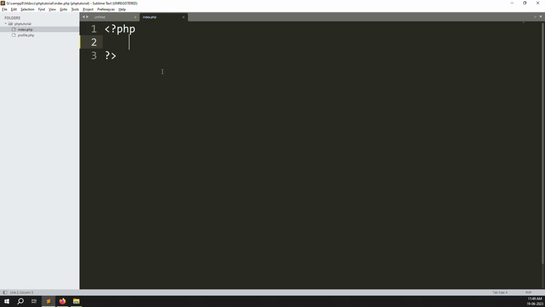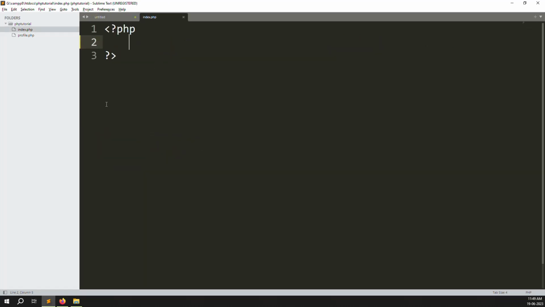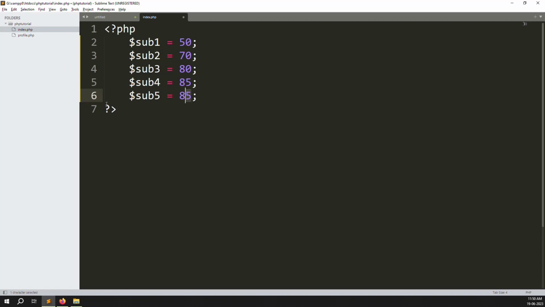So let's open the index.php file, which I have already started, and I will explain how to use all the operators inside a real project. Suppose I make one example: a mark sheet. You need to store marks inside a file. I can make subject 1, sub1. I will create one variable, sub1, with 50 marks, and sub2 with 70 marks. This is the database value, but I'll just show you. sub3 is equal to 80 marks, with a semicolon. I am declaring the variable sub4, meaning subject 4, equal to 85, and sub5